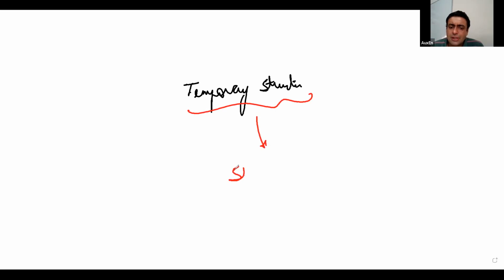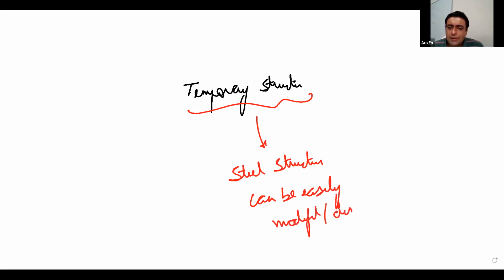I would say Mr. Vijay is saying temporary structures, that he had said as an advantage of using PEB. So I'll say that advantage is for all steel structures. I will not use the word temporary. I will say that the steel structures can be very easily modified or dismantled. And they can be dismantled, they can also be reused, as Mega is saying. Correct.